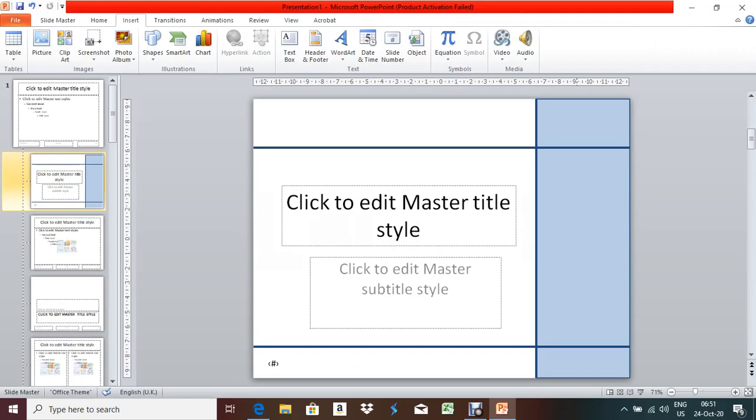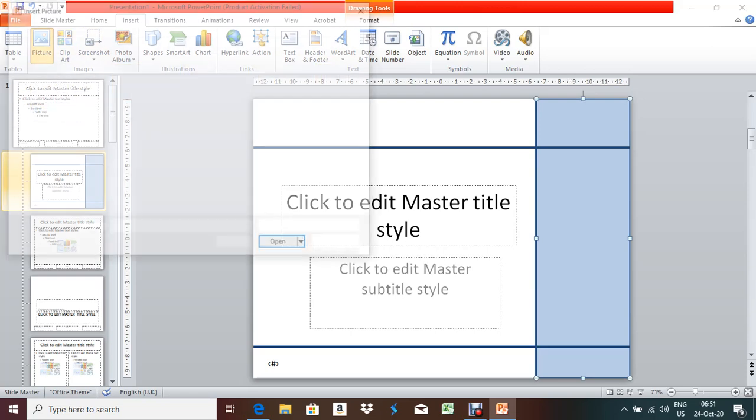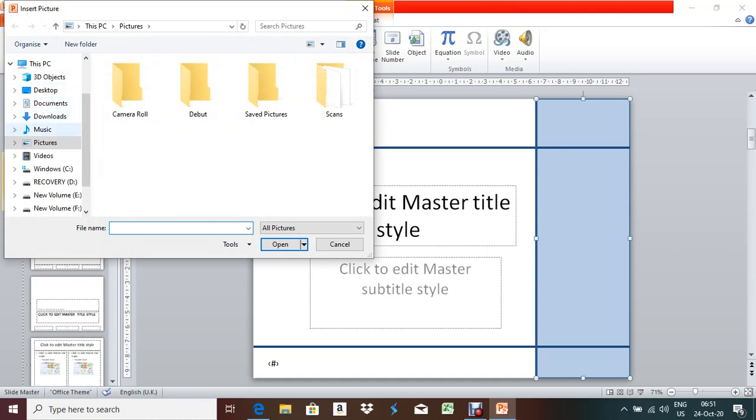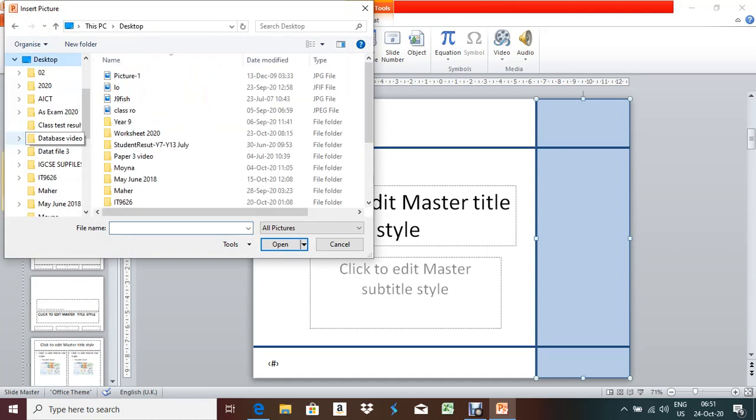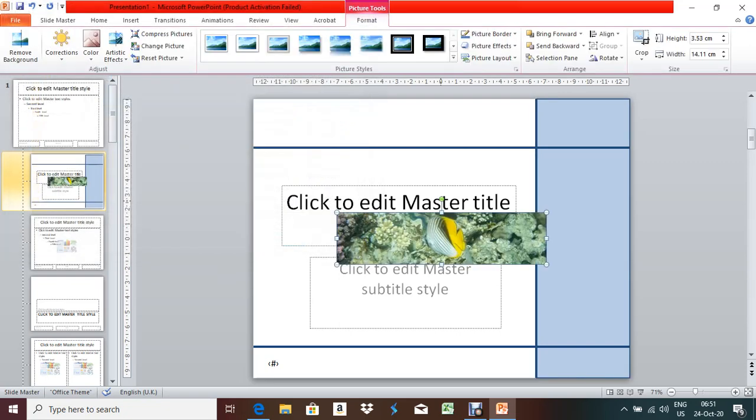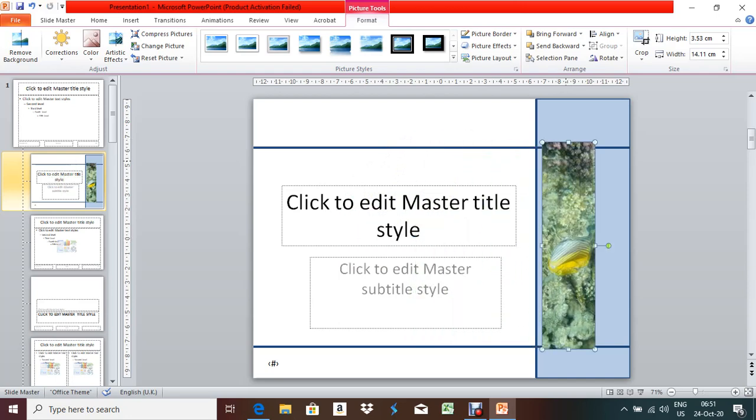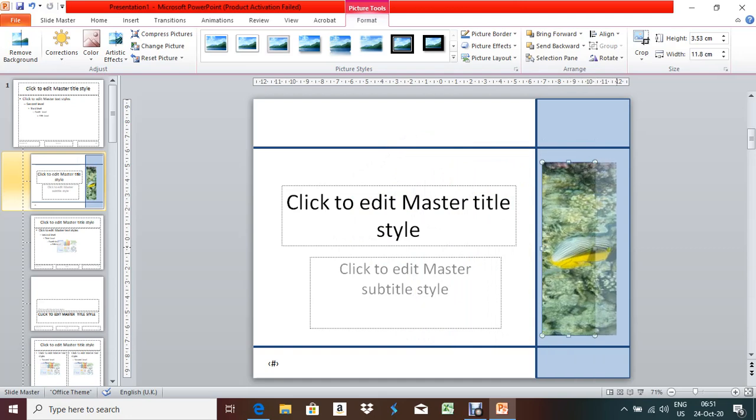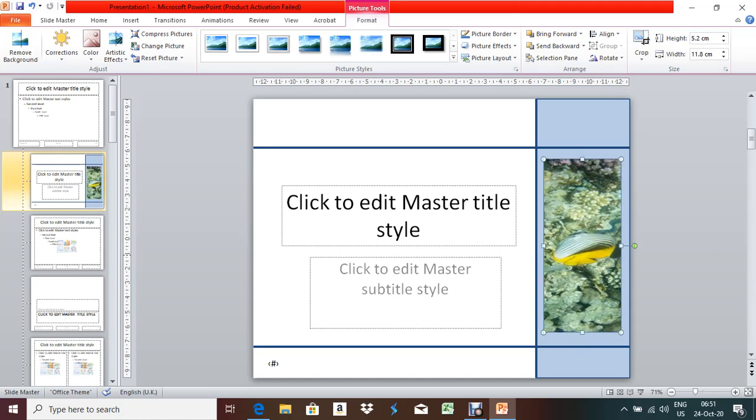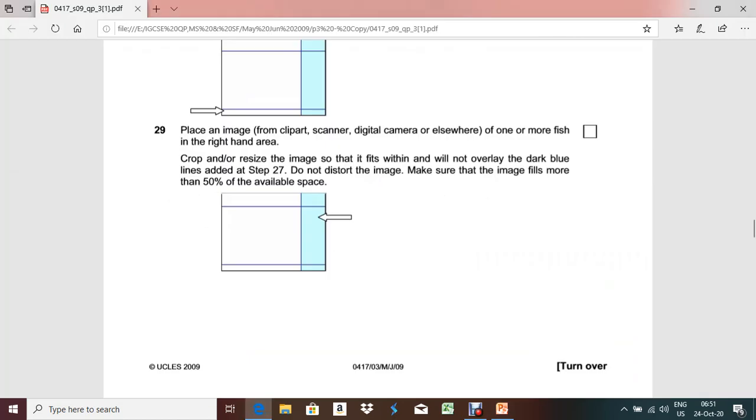Okay, so that fish file is given on my desktop. So insert picture, then from the desktop one fish picture is given, J9 fish, this one. So using this part we are going to keep it in the middle of the box, but it should not touch the line, and it should cover more than 50% of this area. Done. Next one,